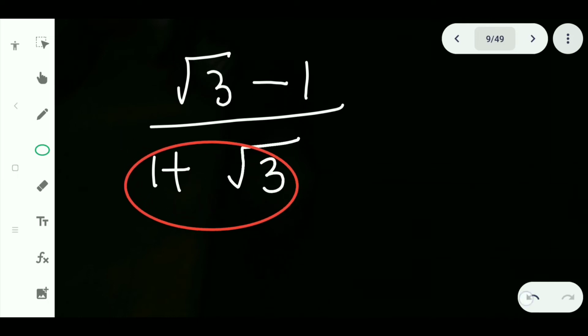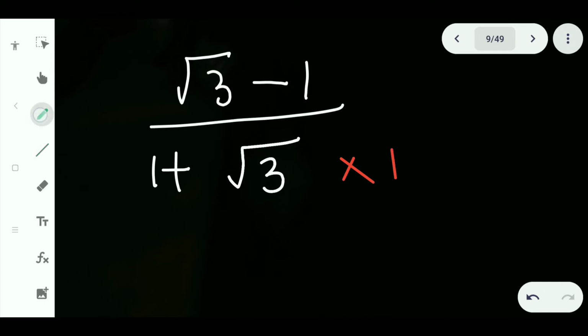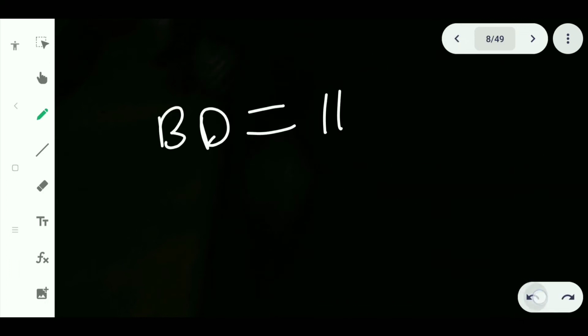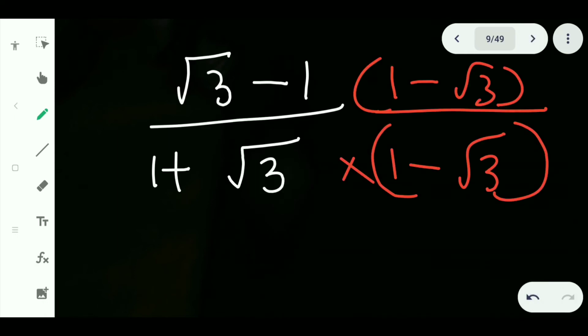This one, 1 plus root 3, we have to rationalize, that is, multiply by 1 minus root 3 on both the numerator and the denominator. 1 minus root 3, 1 minus root 3. So root 3 minus 1, and here we are getting